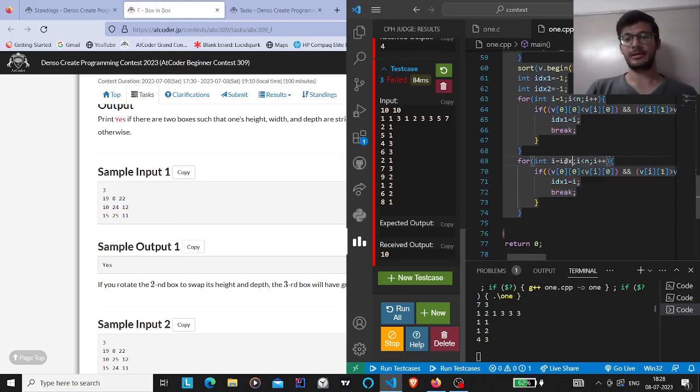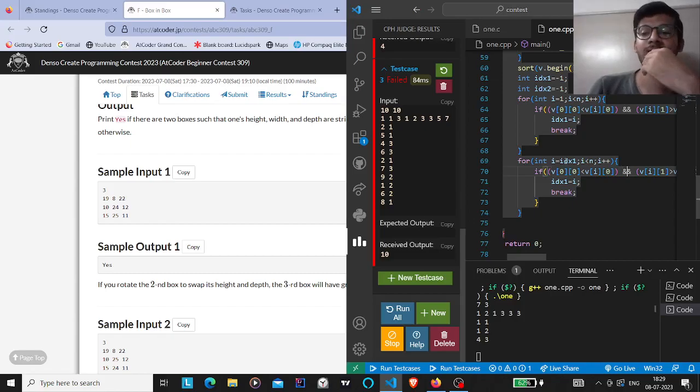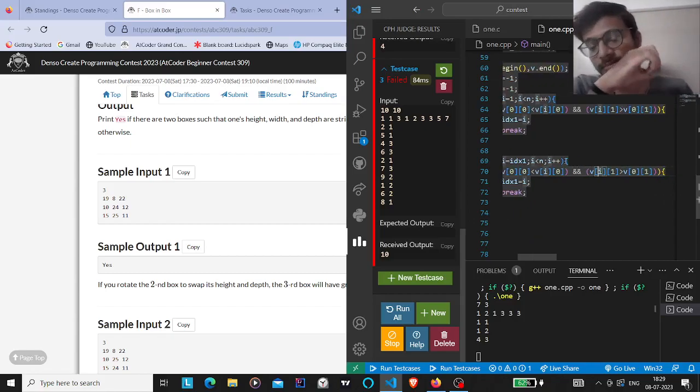This should be index 1, v of 0 comma 1. सारी कंडीशन डाल देना। v of 0 comma 1 भी बड़ा होना चाहिए and v of I comma 1 should be greater than equals to that particular index and